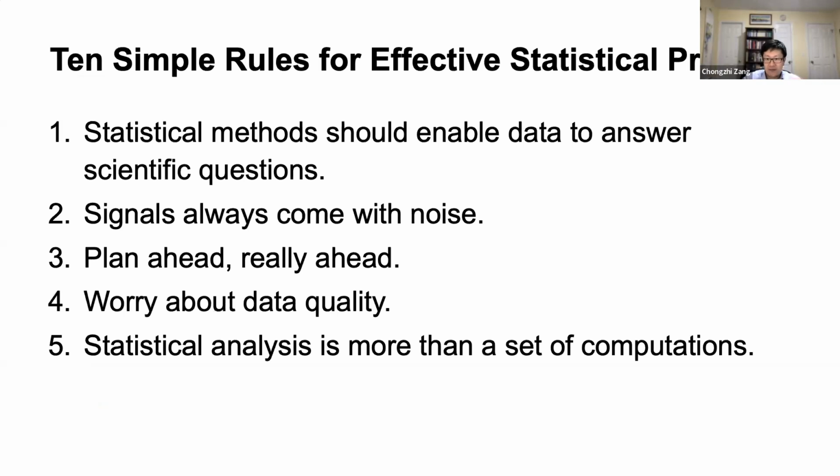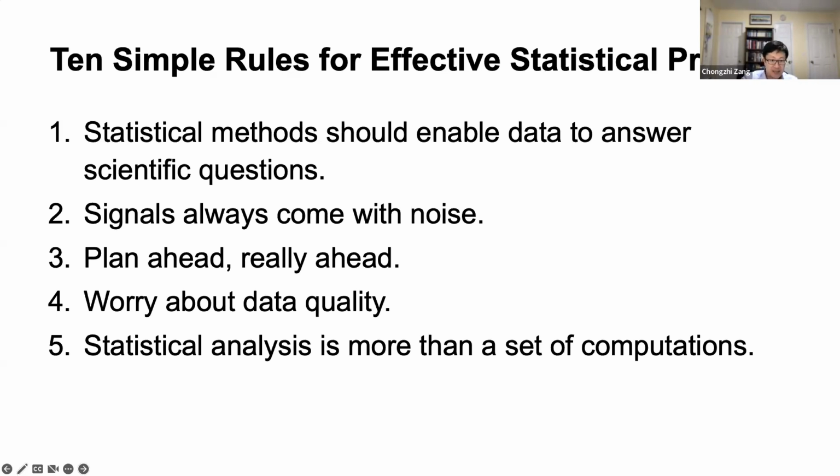With or without very strict or rigorous statistical training or a statistical class, we should always follow this statistical practice when doing our scientific research. Number one, statistical methods should enable data to answer scientific questions. So this concept, that statistics is not simply a way asked by the reviewers to add a p-value, right? And number two, signals always come with noise. That's also a belief we should keep in mind